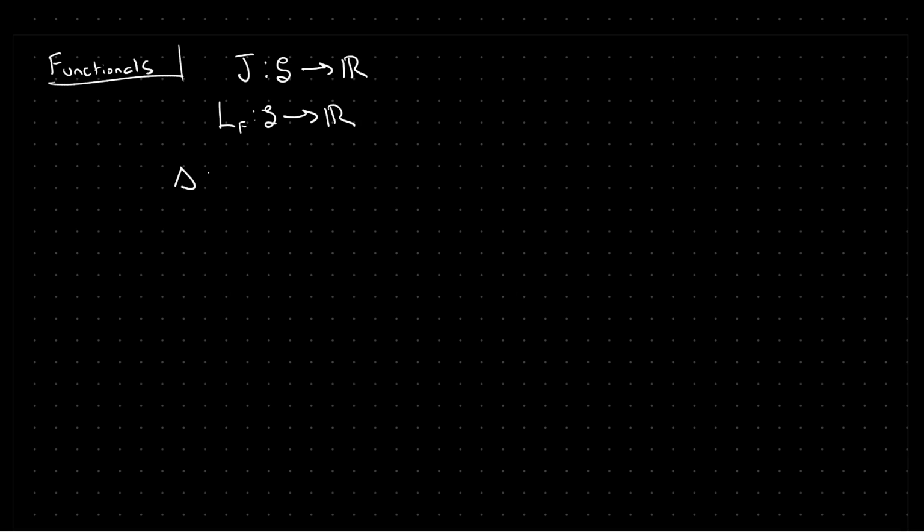We form the increment, delta j, which is a nonlinear functional of h, as j of y plus h minus j of y. And we say that the Frechet derivative, if it exists, or the Frechet differential, is the linear functional LF of h